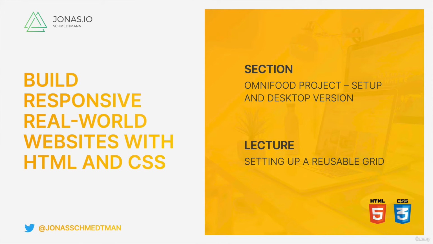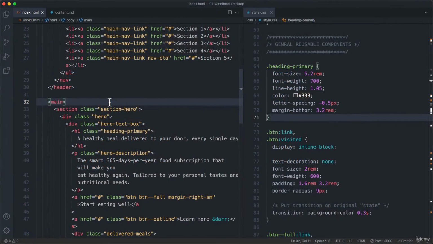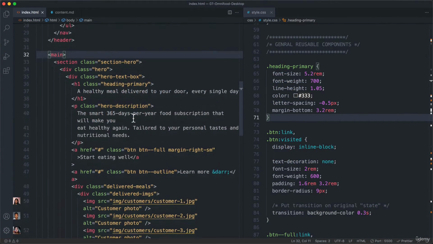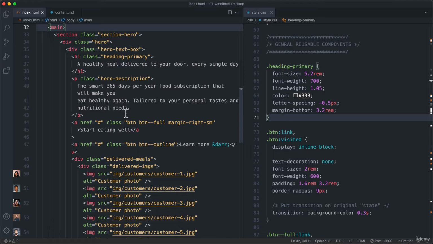In this lecture, we're going to use CSS Grid in order to set up a grid that we're going to be able to reuse over and over again on our page. And let's start by adding some HTML here. So I will actually add now the next section that we're going to build, which is the How It Works